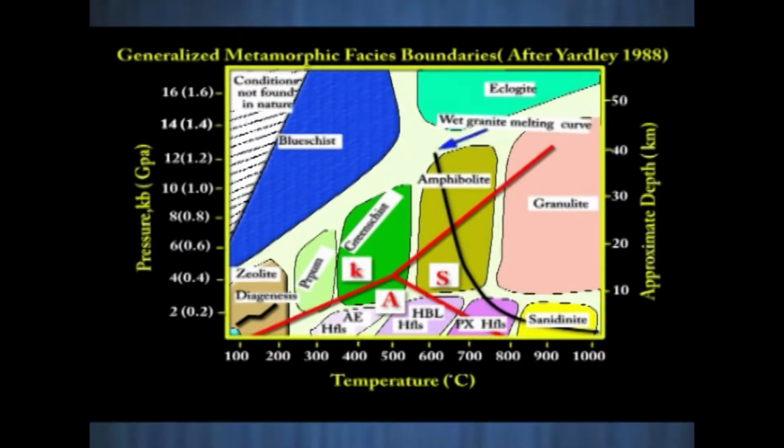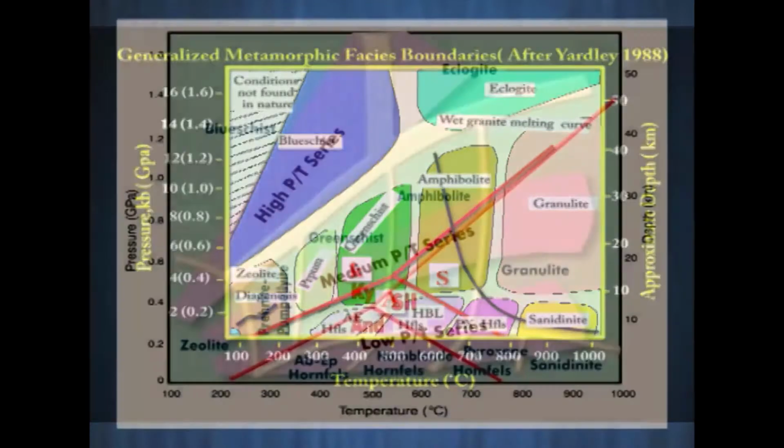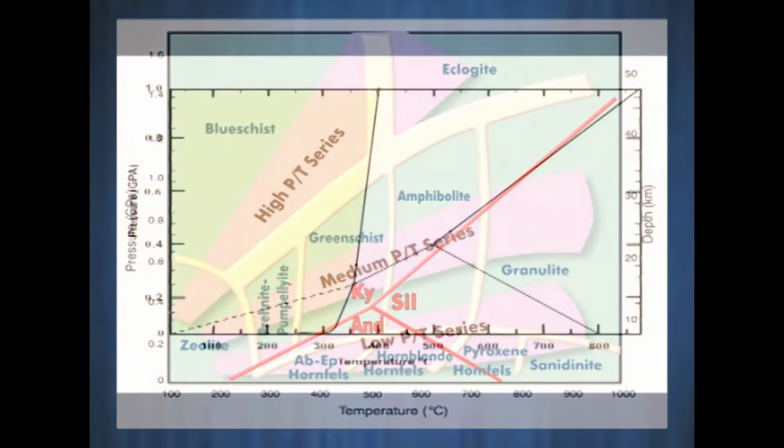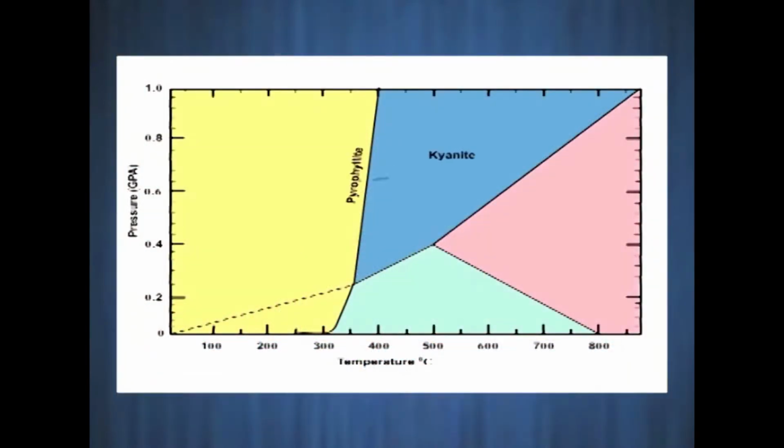First, the zeolite, prehnite-pumpellyite, blueschist, eclogite type. Second, a typical Barrovian type characterized by kyanite to sillimanite. And third, an Abukuma type of greenschist, amphibolite, granulite, characterized by paragenesis of andalusite-sillimanite type. The Abukuma type is named after the Abukuma region in Japan, and it is similar to the Buchan type